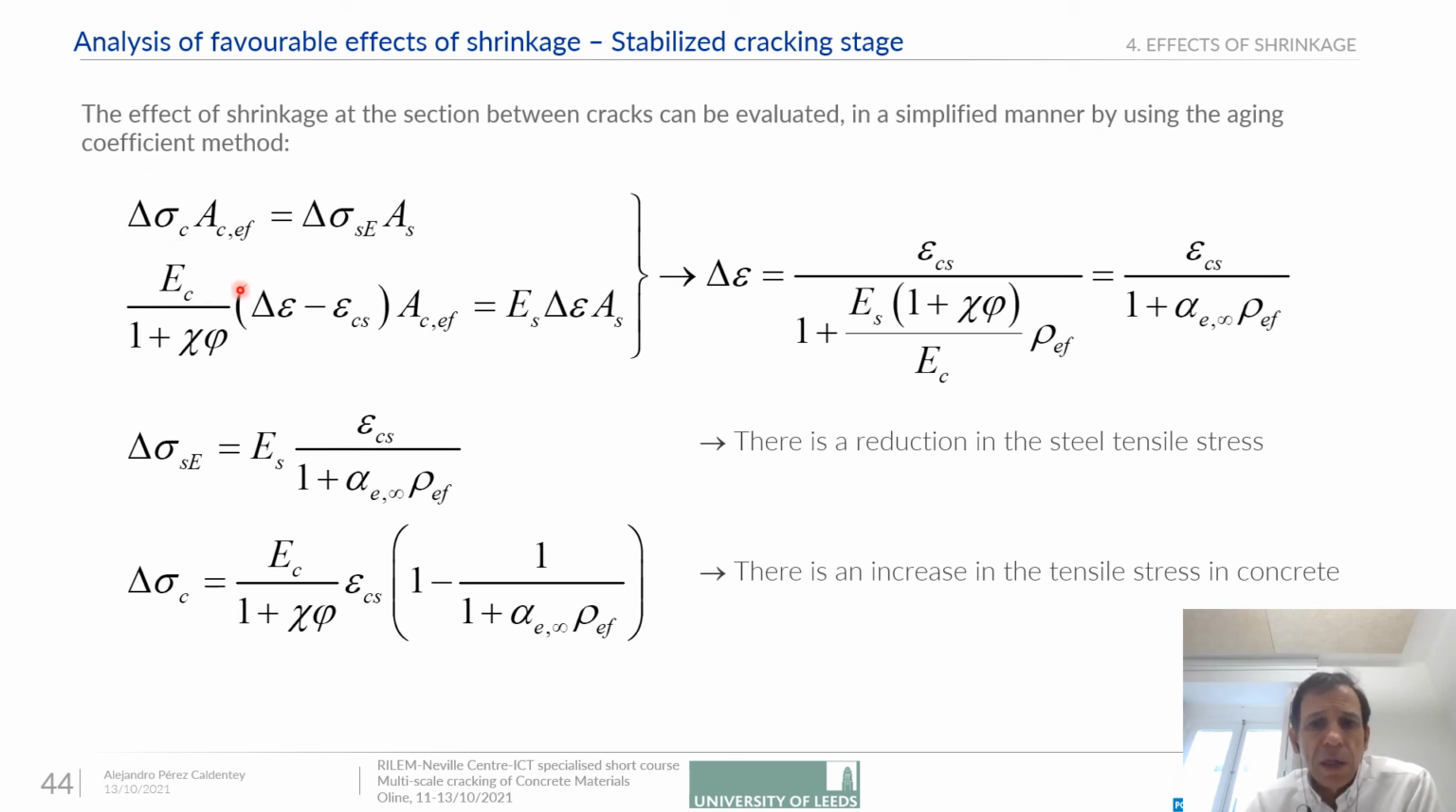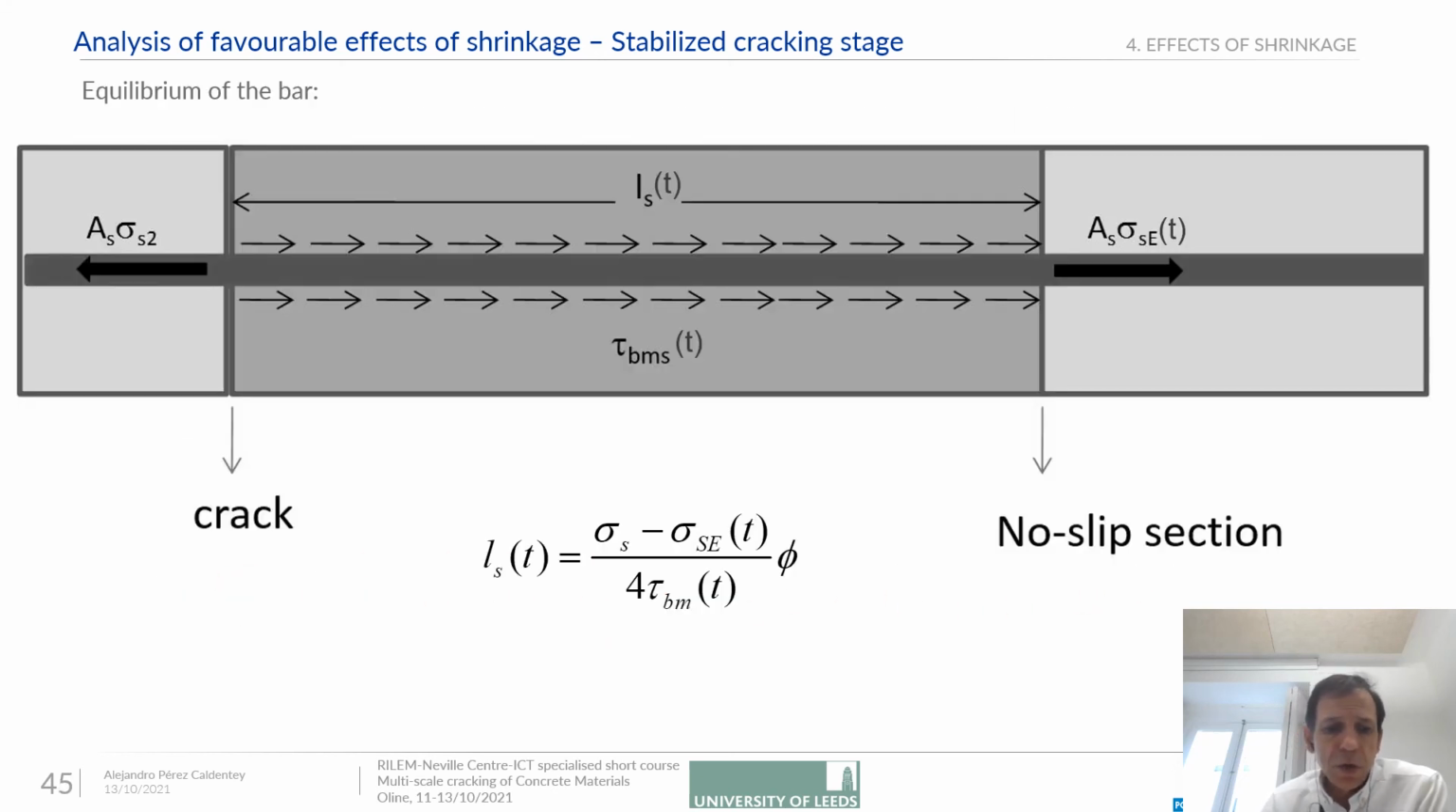If we look at the stabilized cracking stage, you have here the linear analysis applying the aging coefficient method. So the element would shorten this much. This would be the shortening strain. You would have reduction of the tensile stresses in the steel, and you have an increase in the tensile stresses in concrete. So if we try to determine what is the transfer length by classical analysis, first through equilibrium of the bar,